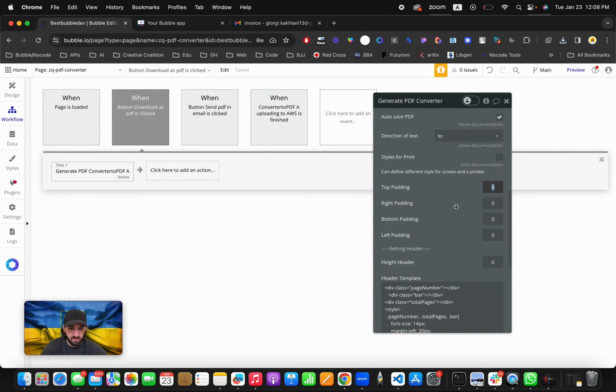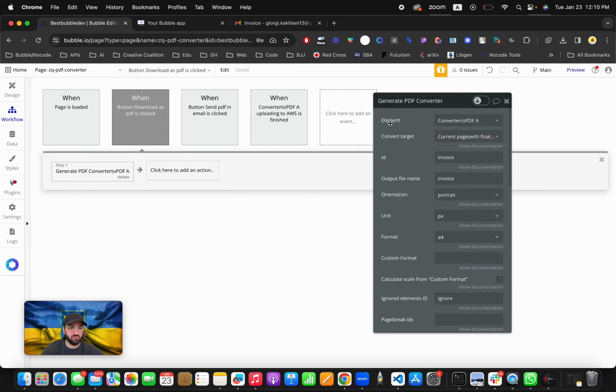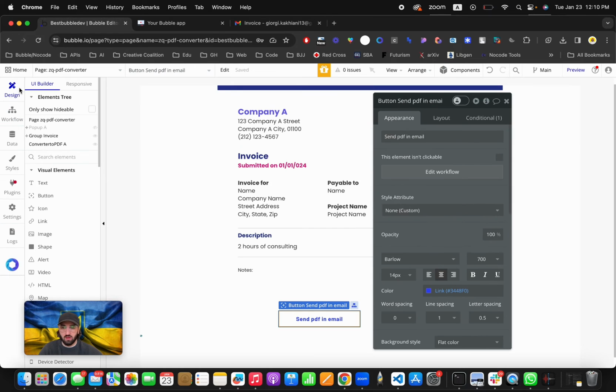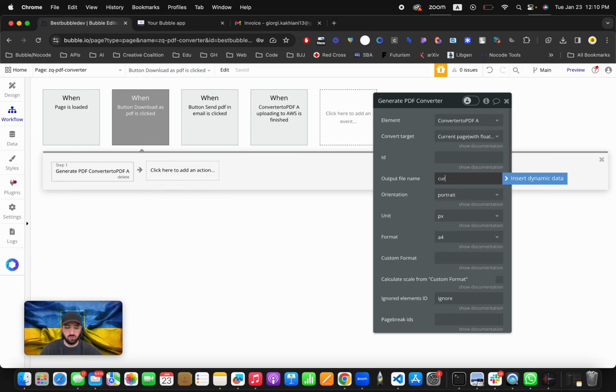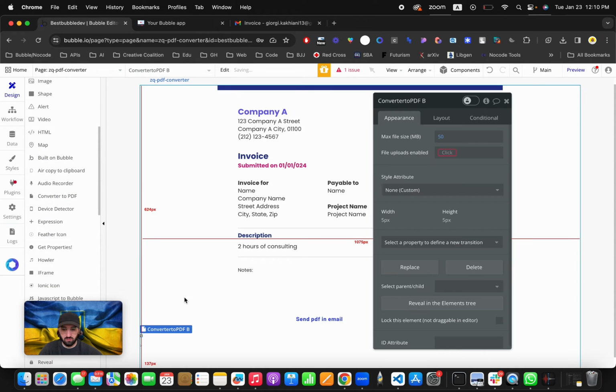Well, headings is pretty straightforward. Beginning of this video, I wanted to address this element thing. Let's do this. It will print the current page, and without ID, or I'm gonna do current page, and what I'm gonna do is drop another converter element,